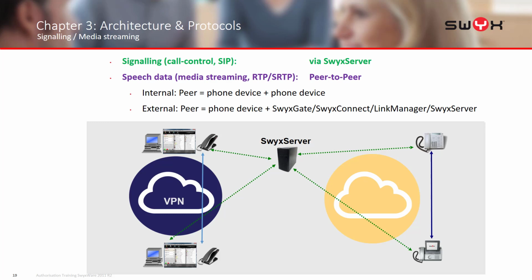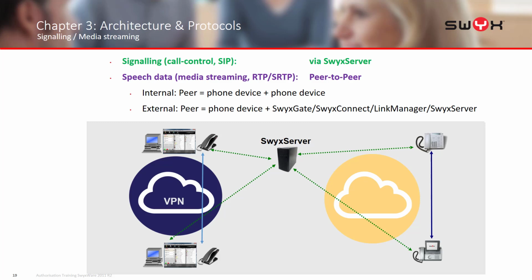So if ever you get someone saying, I got no media for home workers, that's the first place to look at. Basically, if I can ping a user, I can talk to him. If I can't ping him, the speech is never going to get through. So that's where we were all the way up to